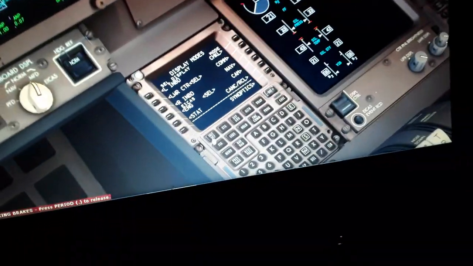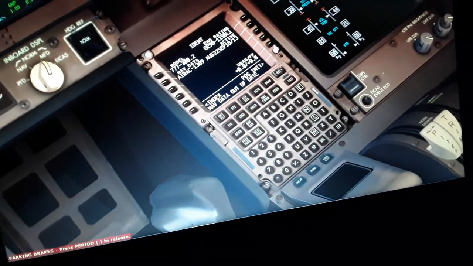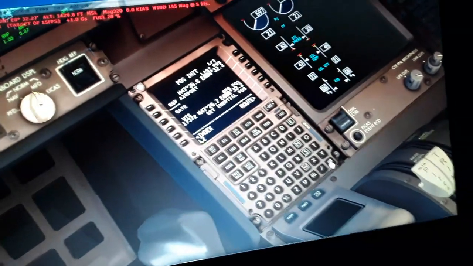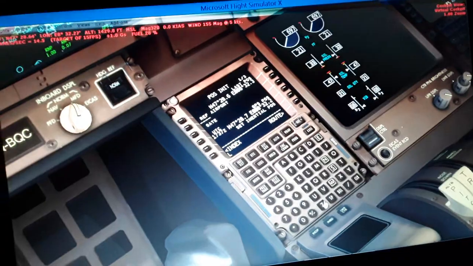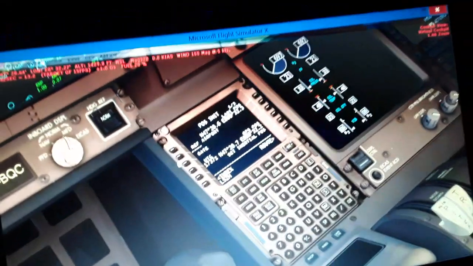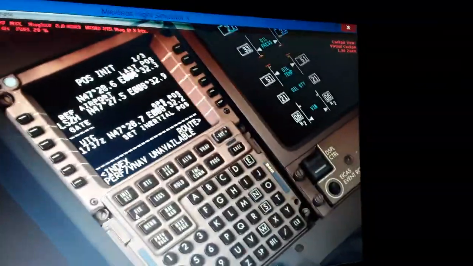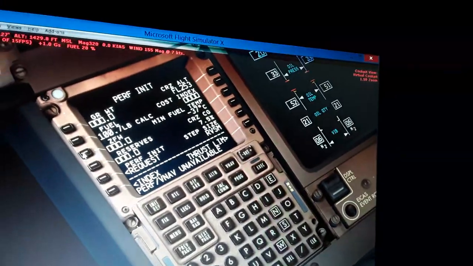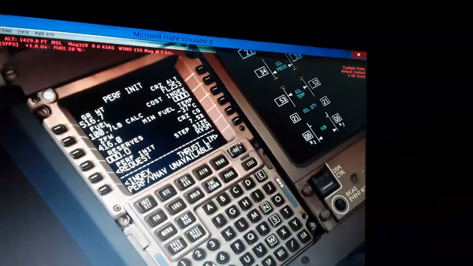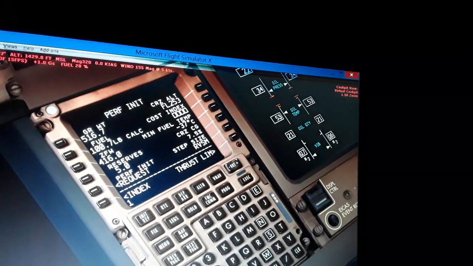Now we have the engines initialized, legs menu, FMC position, the model, the position initialize, LSZH, the reference airport. So you can see the reference airport here. We have the GPS position, the coordinates of the aircraft. You can set the zero fuel weight, gross weight, the reserve fuel on board 5%, cruising altitude